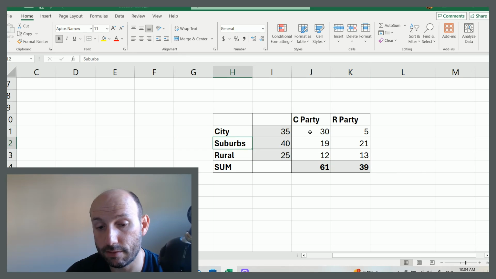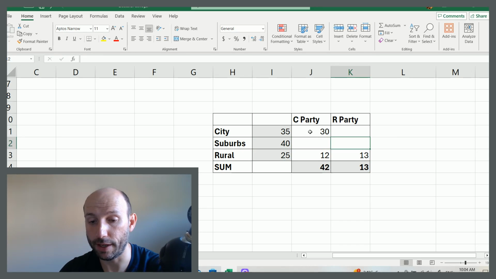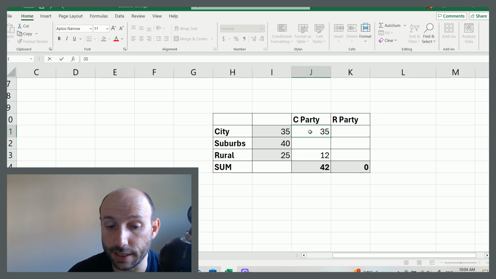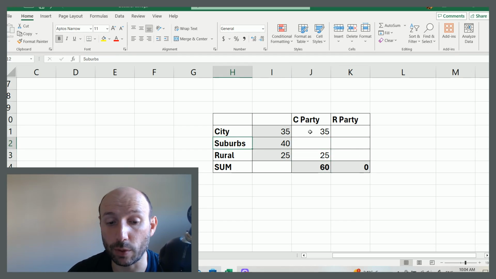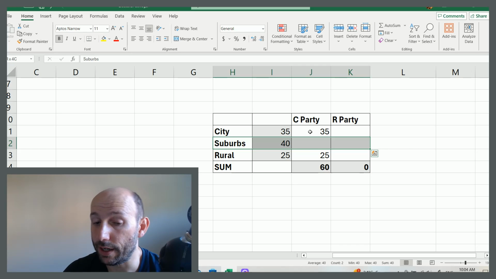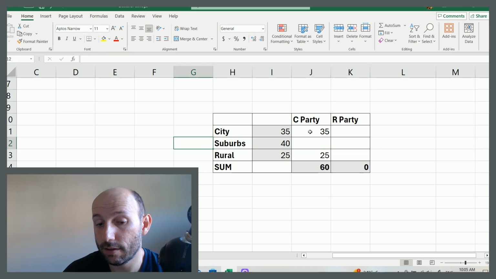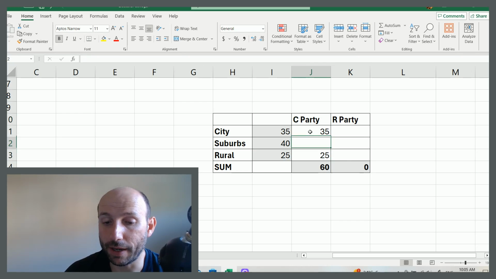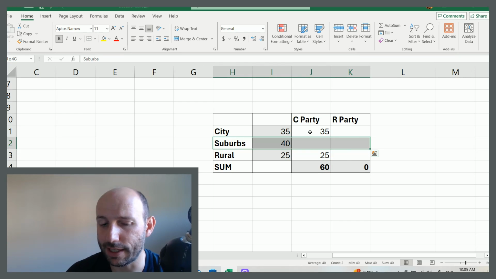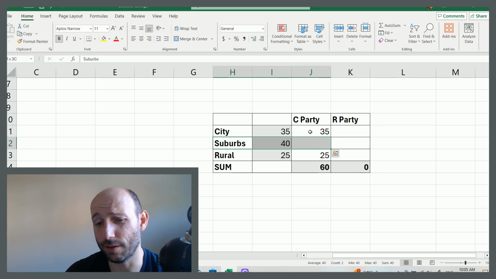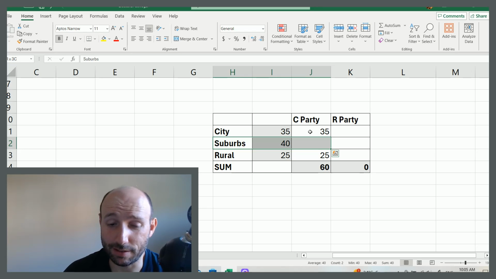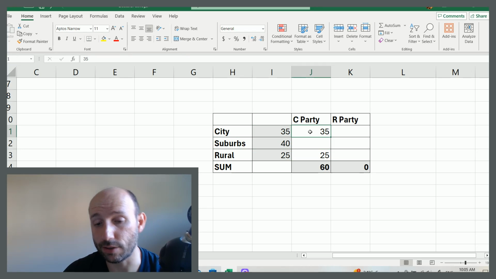The other thing, now it is possible for a party, hypothetically speaking, to win the cities and the rural areas, and then they don't have to win the suburbs to win the election. But in that kind of situation, we're talking about electoral college here, because most political divides are between city and rural areas, if you're winning both the cities and the rural areas, probably the suburbs are going to be voting for you too, because they tend to be in the middle of the cities and the rural areas in terms of opinions.